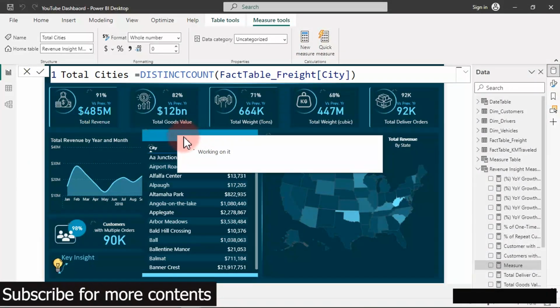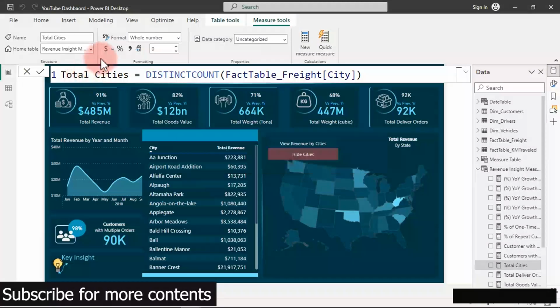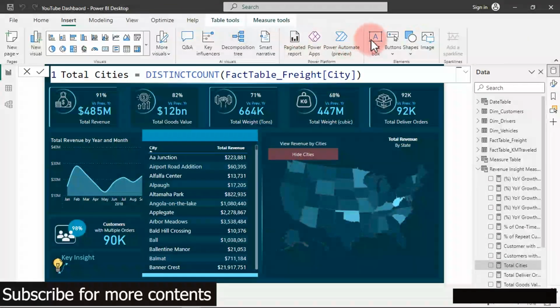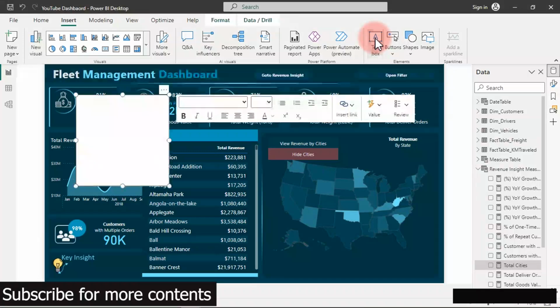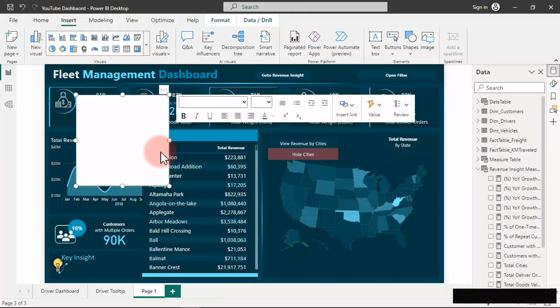So how do we get it here? That is where we have to go again. So remember this particular measure name, total city, very, very important. Then the next thing we're going to do right now is to go to insert. So from insert, we click on the text box. So inside the text box here, we place our cursor inside it. So now I'm going to type in here total transaction city